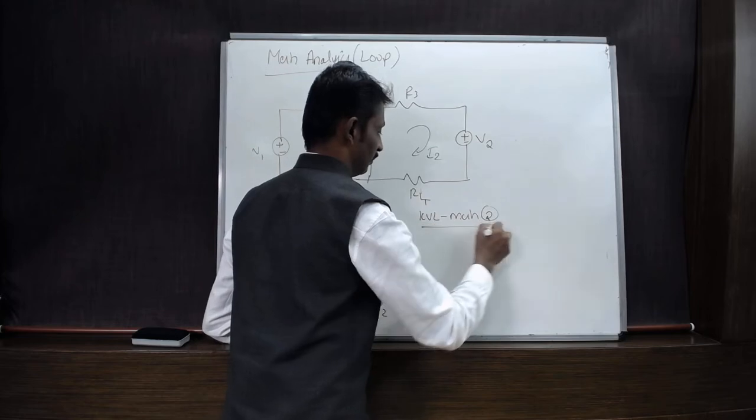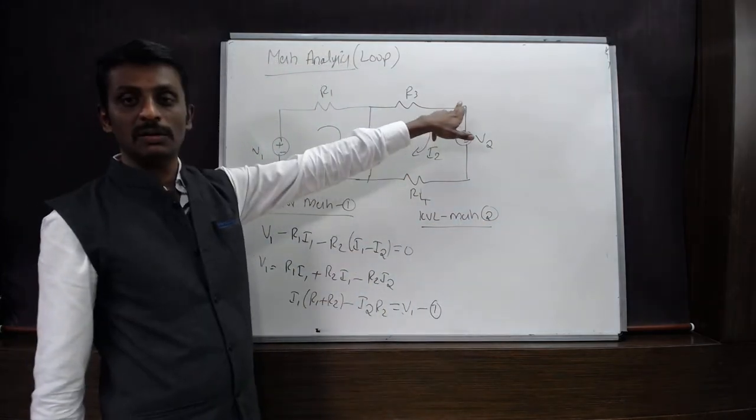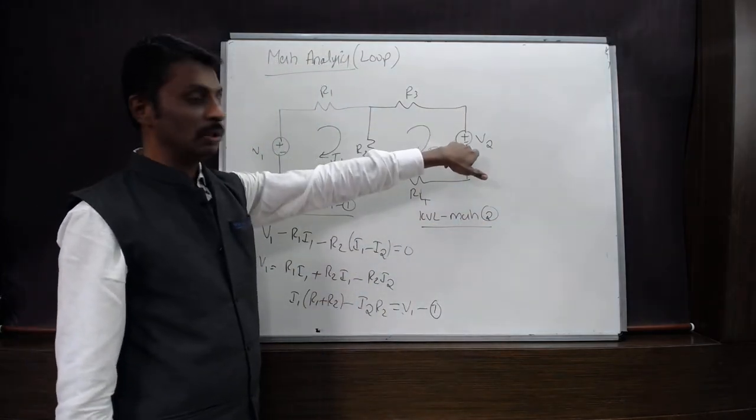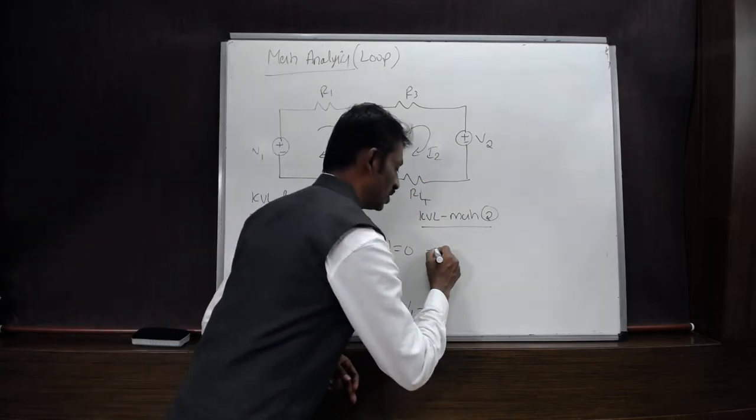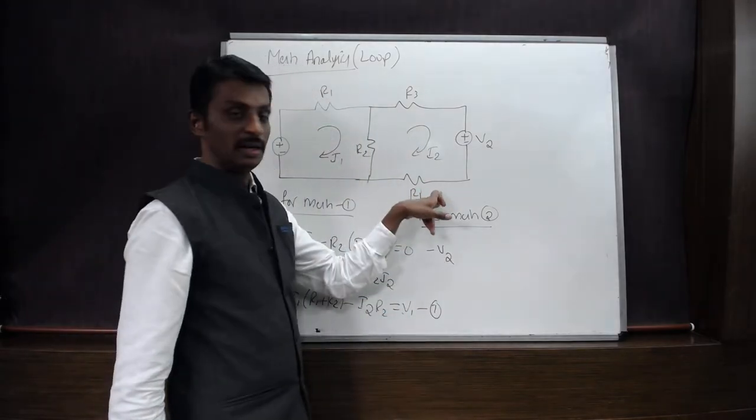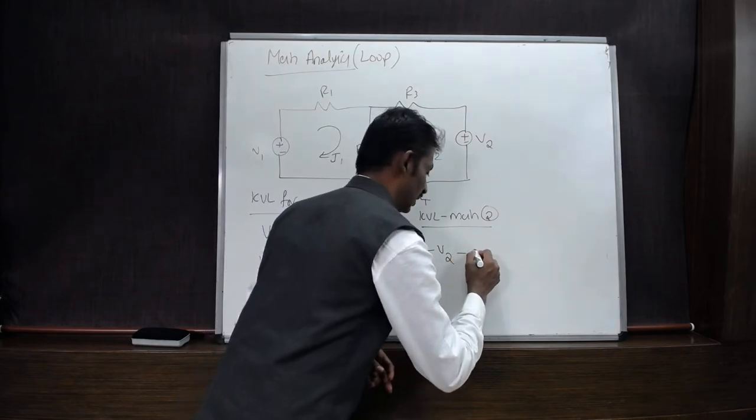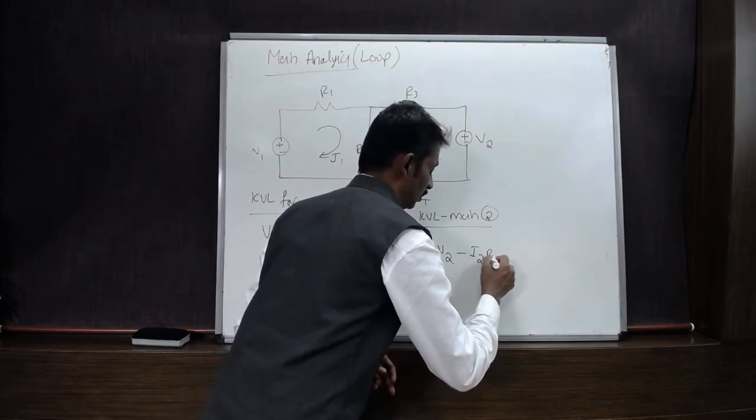Apply the KVL for mesh 2. Let us begin from the voltage source. So the current entering the positive, leaving the negative, so it's a drop in the voltage, minus V2, and the drop across R4 will be taken as minus I2 into R4,